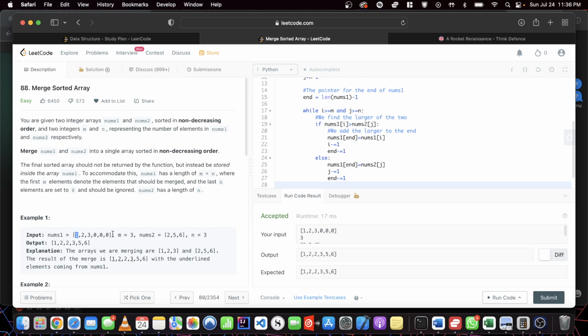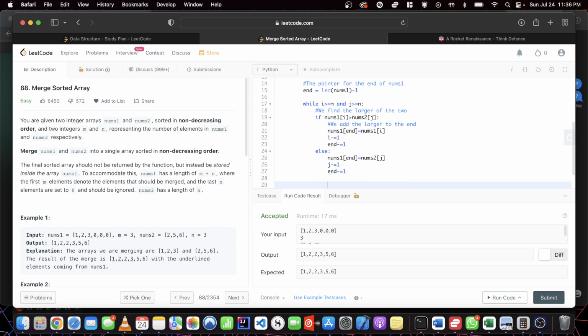Or, for example, if n was super small, there'll still be some remaining values here, right? So what we have to do is we come down here and we say while i is greater than or equal to m,